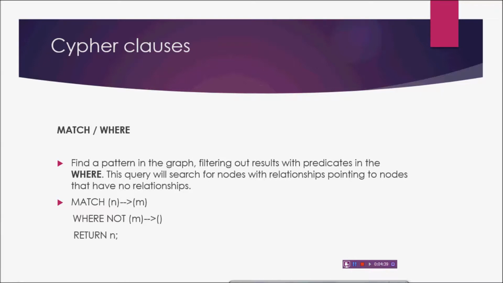Now I'm going to talk about the Cypher clauses. The first Cypher clause is MATCH and WHERE. MATCH finds a pattern matching the given query and returns the nodes which are present, and WHERE filters the result with predicates. For example, consider MATCH (m)-->(n) WHERE m is not an empty node, meaning m is not linked to any empty node, RETURN n. To execute this query,